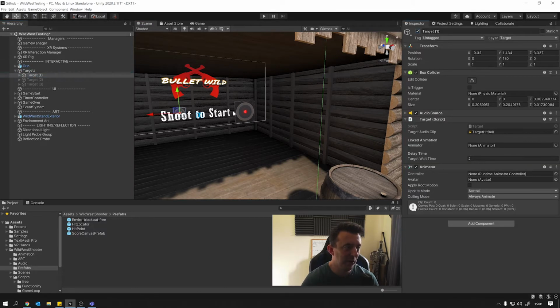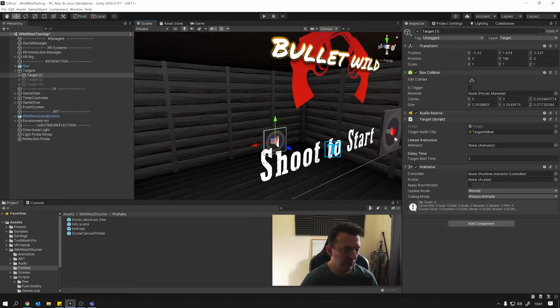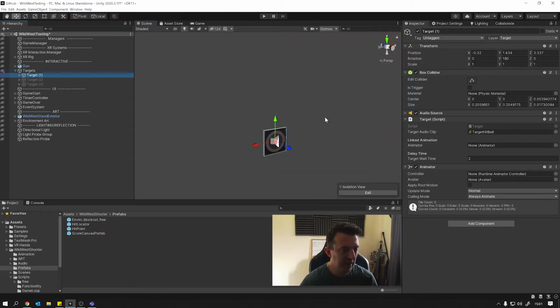So if I go ahead and turn one on, this is what gets turned on once we shoot the target, if that makes sense. Select that target and press Shift and H, and it's going to isolate that selection. And you can see on this target object we have our target script, which is controlling everything to do with our target. So it makes sense to instantiate that canvas from this script once we've calculated the score, how close we've managed to hit to the red little dot, and then we can just display it on that canvas that pops up. So what we'll go ahead and do is click on our target script and open it up in